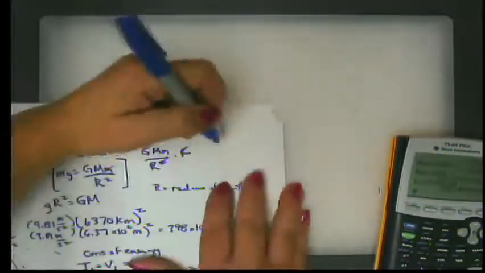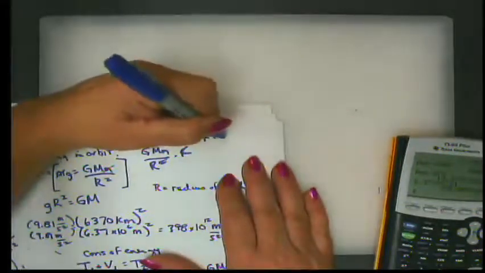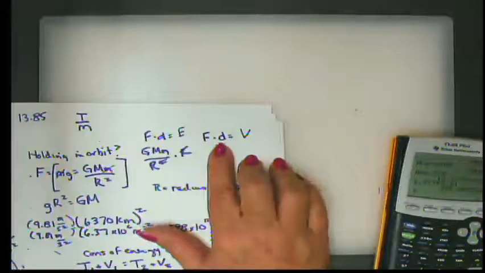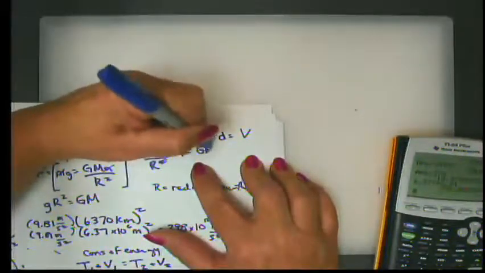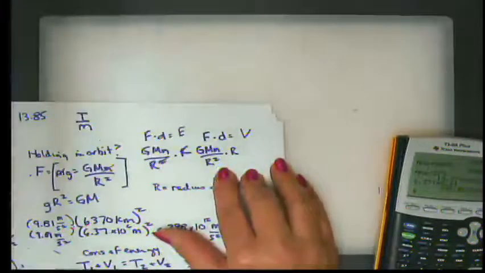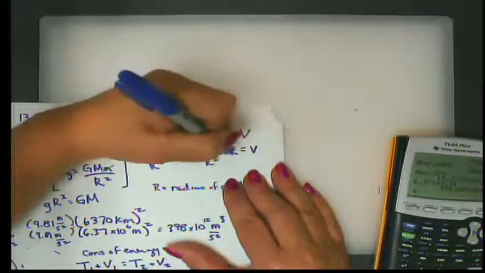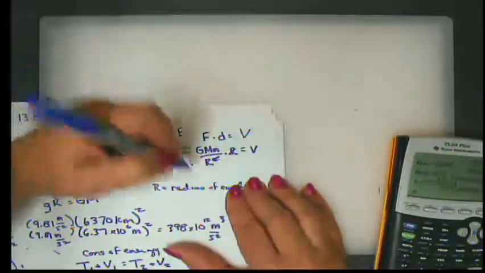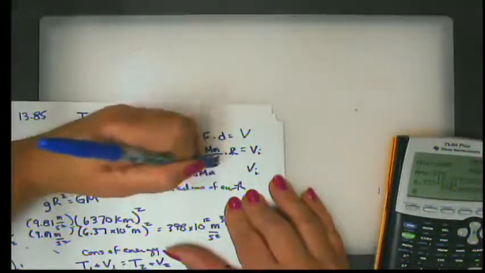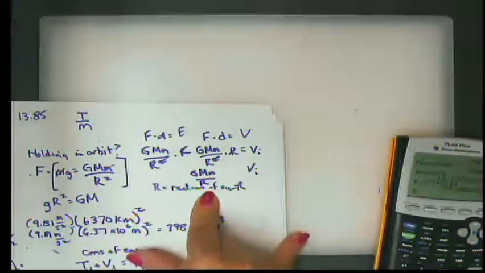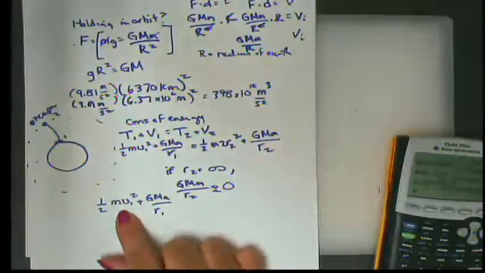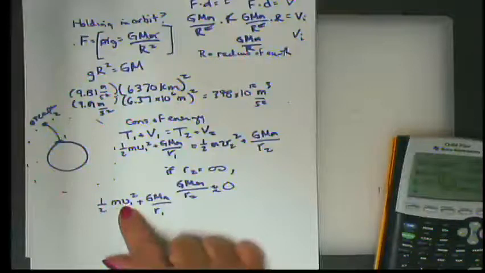Okay, I'll do it again. So here we go. Force times distance equals potential energy. So in the case of orbital mechanics, this is GMM over R squared, and the distance initially is R. So when we cancel this against this, we get V initial, I should make that preference, is GMM over R. Alrighty, excellent question. So when we think about this, we have this kinetic energy,